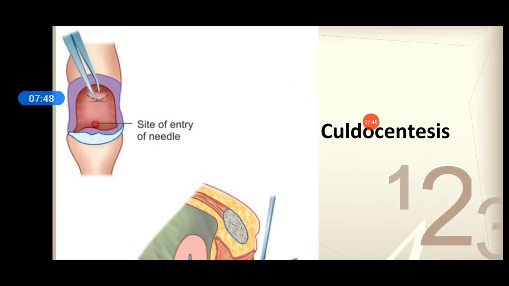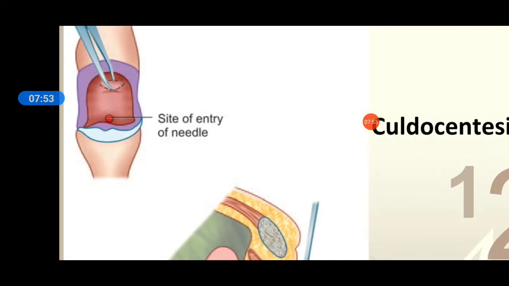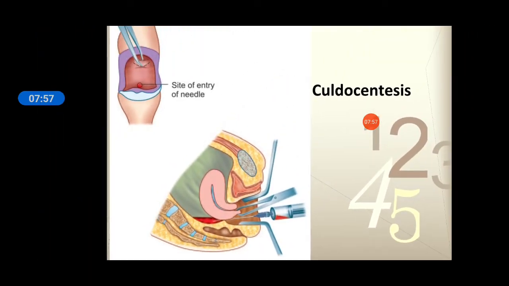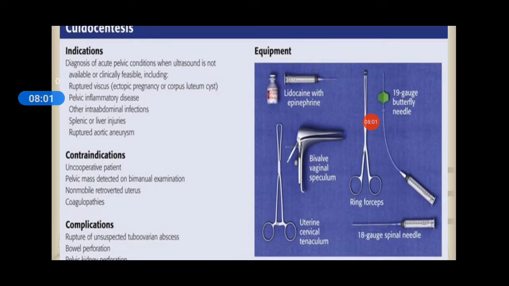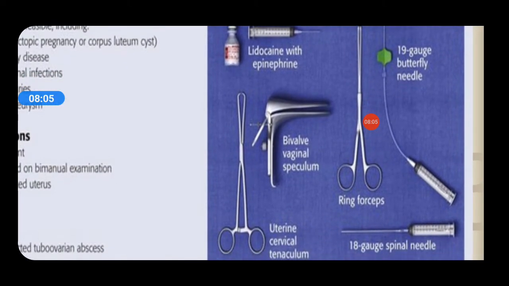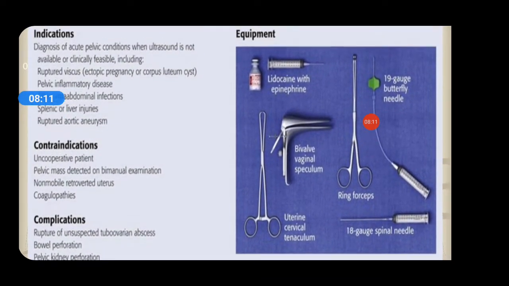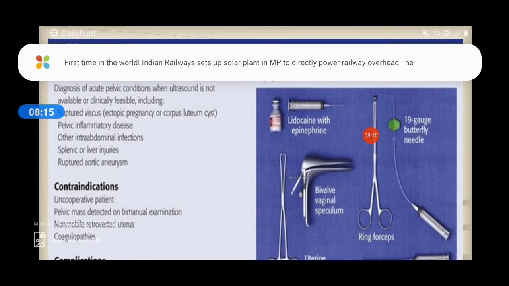So this is the method of culdocentesis, and here is the site of entry of the needle. You can see it is just 2 centimeters below the cervicovaginal junction, and here is the procedure. The needle is attached to the syringe. You can see here the equipment needed. These are the instruments needed: a spinal needle attached to a syringe, which is important, and local anesthetic,